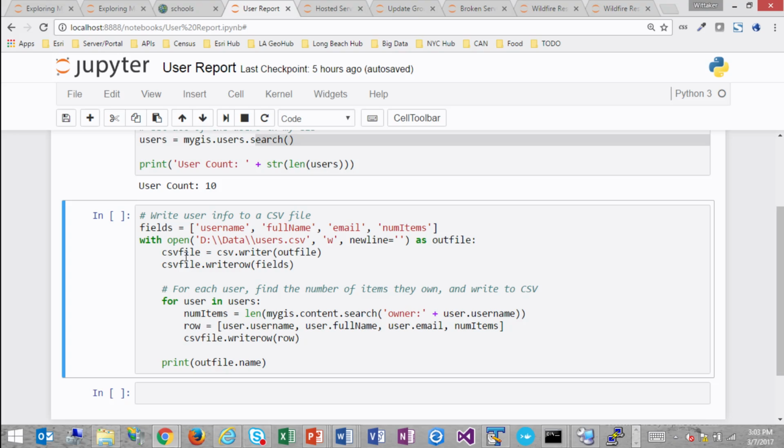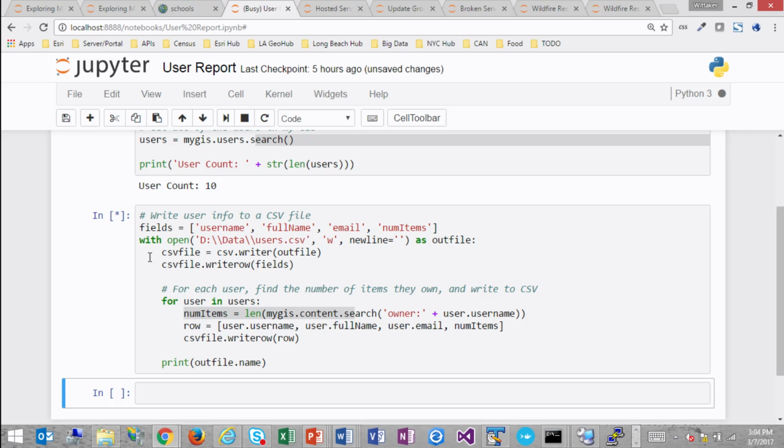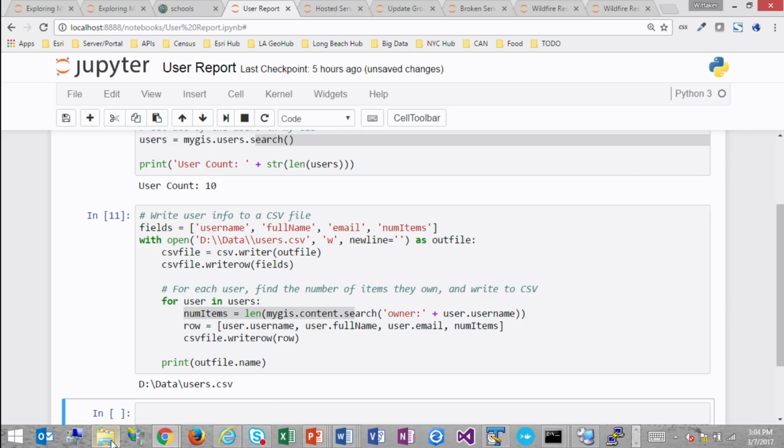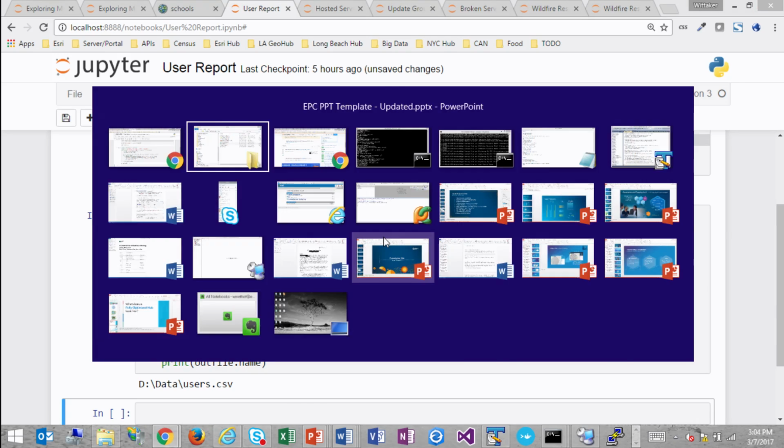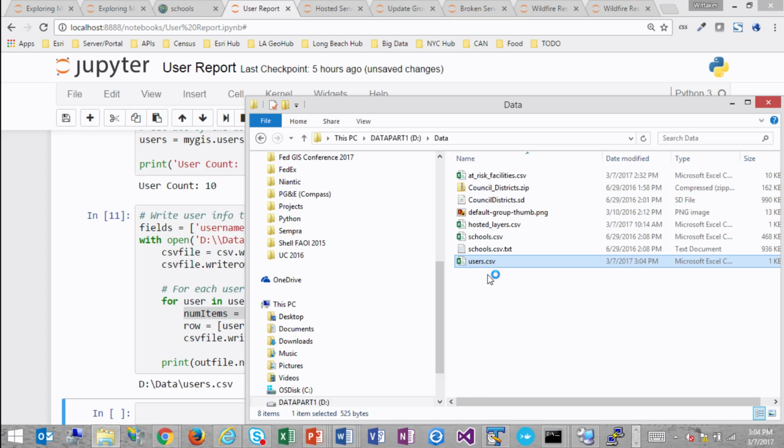So what's going on here is pretty simple Python stuff, creating a CSV file. One thing that's unique here, in addition to some of the properties of the user, is that for every user, I'm going back to the system to ask how many items that user owns, how much content that user owns. And then I'm adding that back to the spreadsheet. So if I run this, it'll take just a moment. And then if I go and look at the spreadsheet on disk,